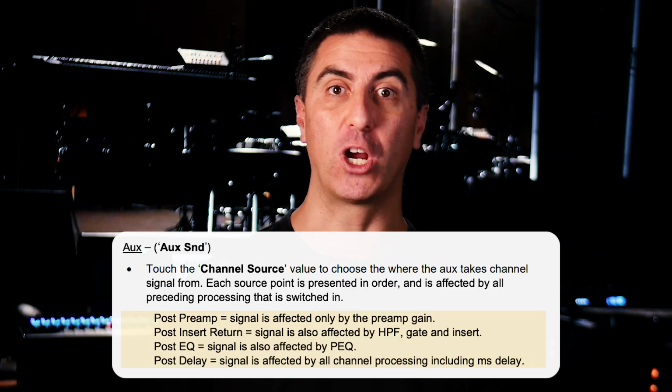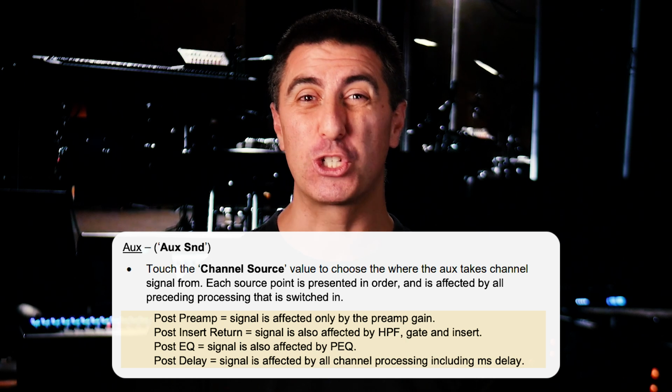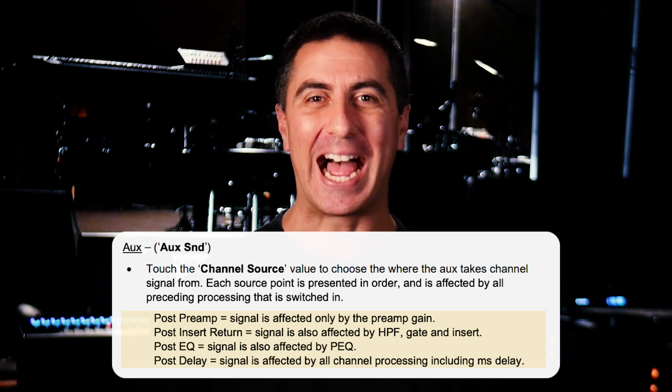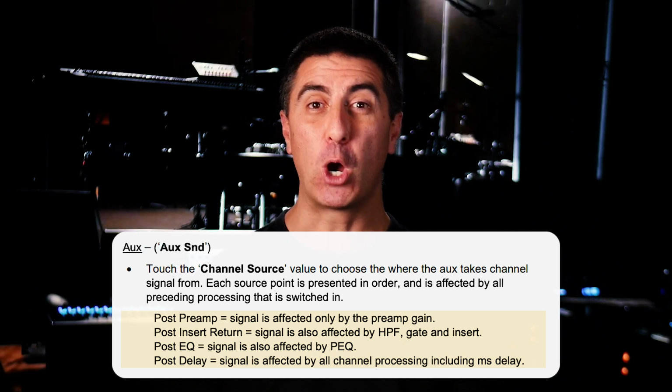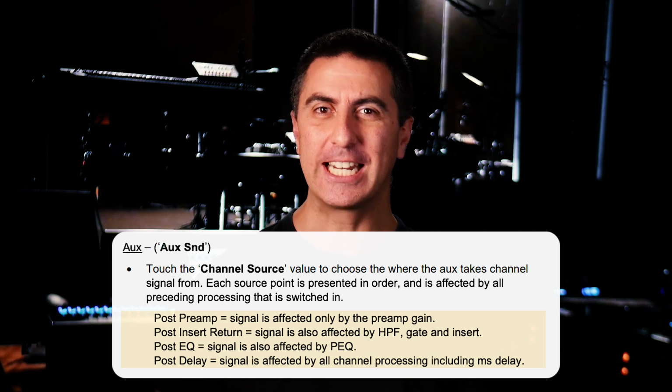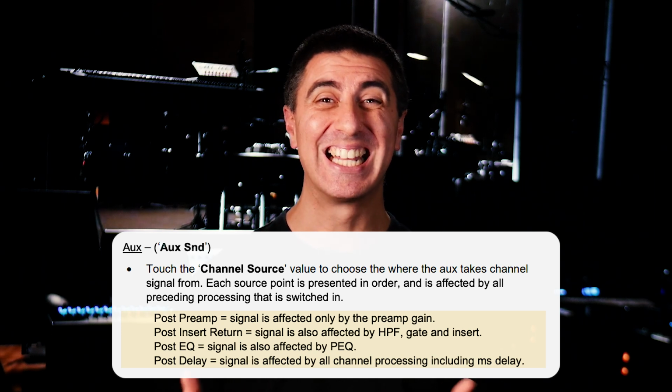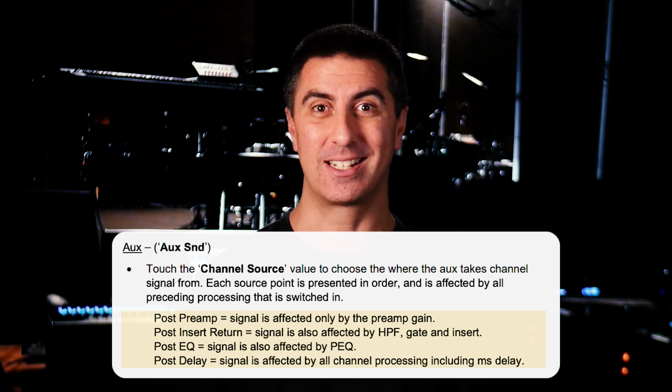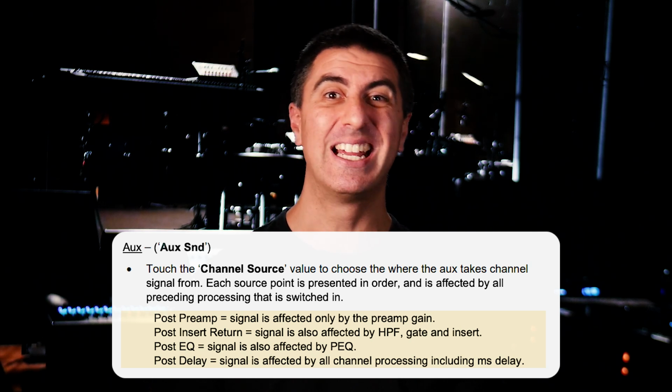For the Allen & Heath SQ series, there are a few places where the aux send can pick off that channel. It can be right off the input, meaning no processing at all. You can be post-insert return, which means it includes the high-pass filter and the gate. Or it can be post-EQ, which doesn't include the compression, or post-delay, which includes all the processing that precedes it. So your high-pass filter, gate, EQ, and compression. It also has an all pre and all post button that can affect every channel sent to that aux send, so that can be helpful if you're trying to make it all